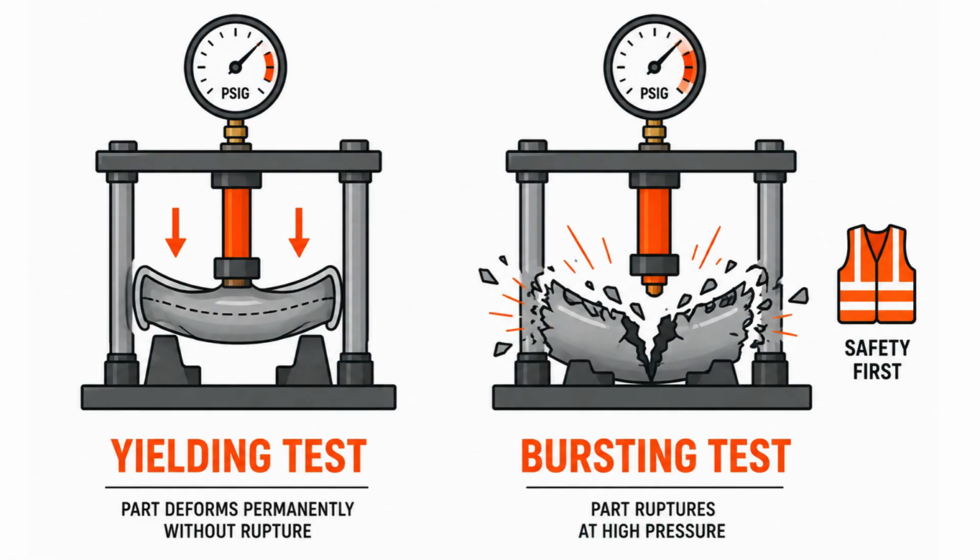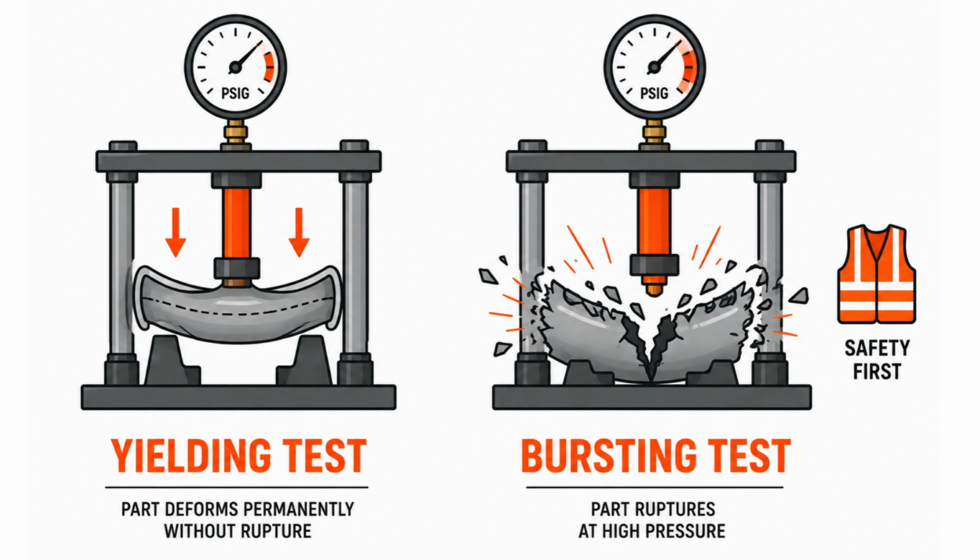There are two fundamentally different approaches. Tests based on yielding are limited to materials with a yield to tensile strength ratio of 0.625 or less, enough margin between yield and failure to make the test meaningful and controlled. Tests based on bursting are exactly what they sound like, pressurizing the part until it actually fails, to establish the